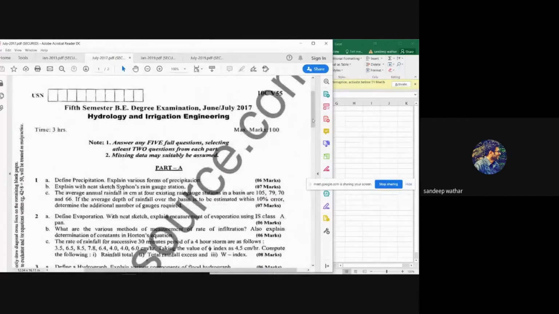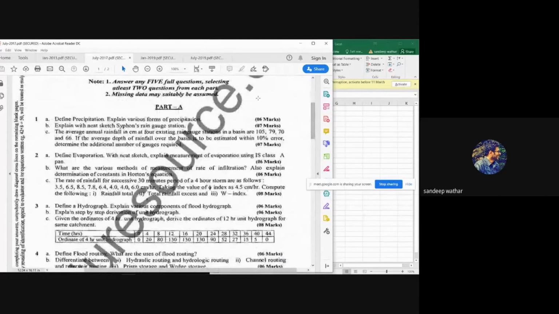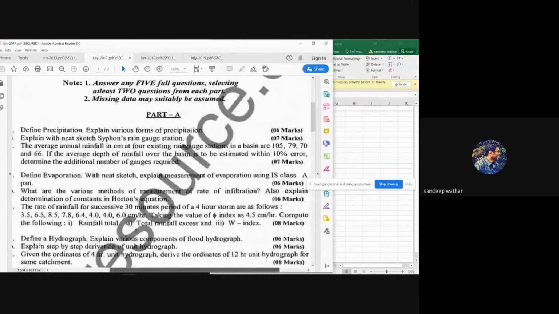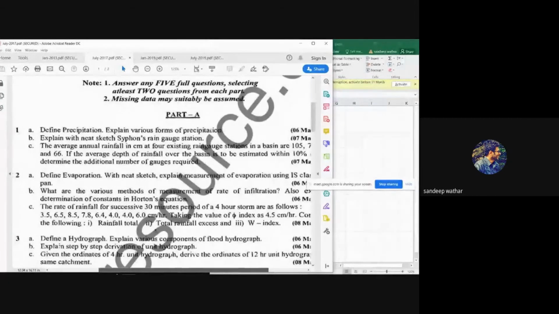You have to write down problem 1C. I'll quickly read the problem. You write down all the basic data that are required to solve it. We'll not waste much time on this. This is 1C. Anyway, I'll send this question paper in your classroom also, and from there you can write down the problem if you want. Right now we'll quickly read the problem, note down all the data, and try to solve it.